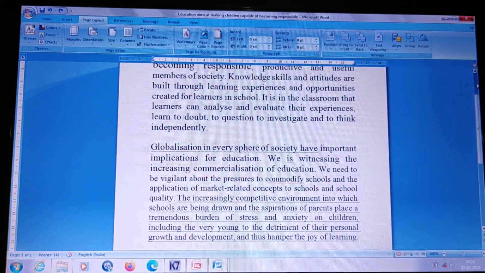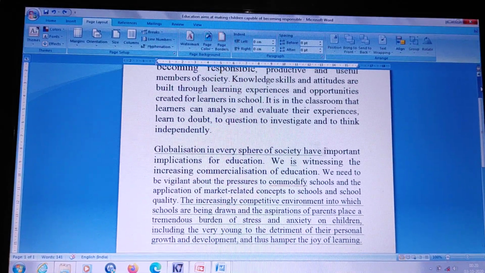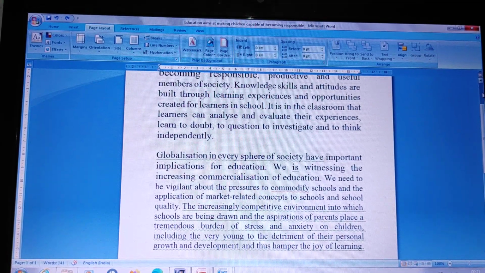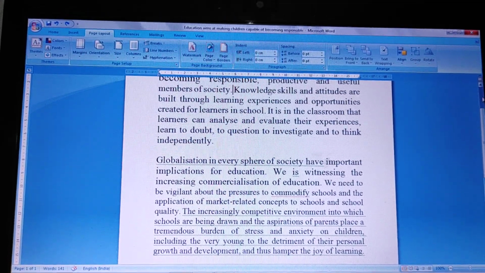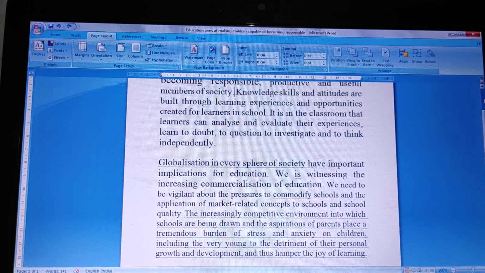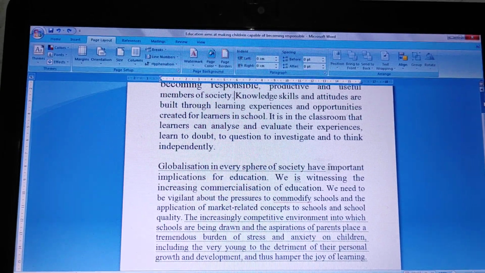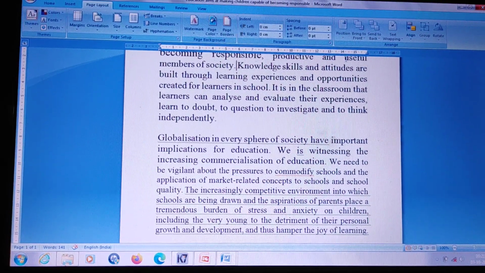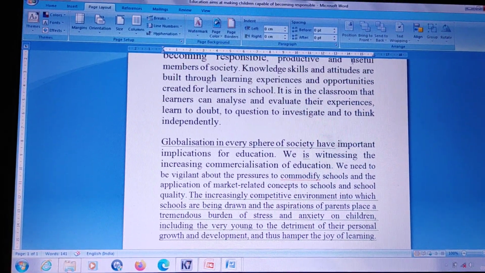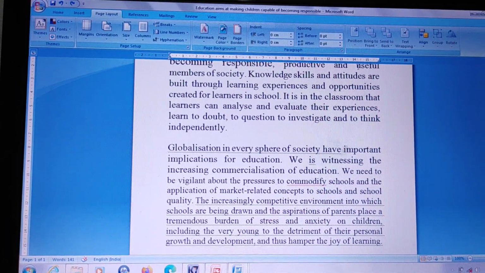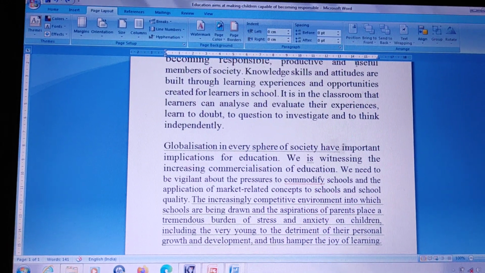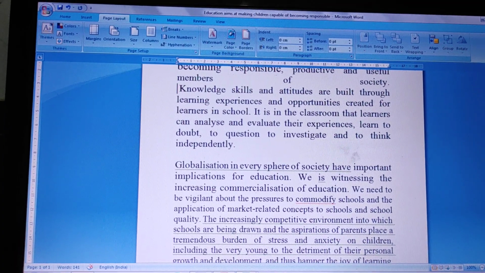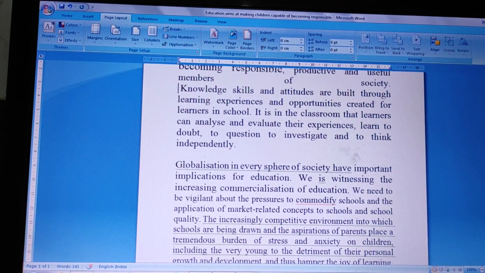Now the next is line break. The line break ends your current line and lets you continue the text on another line. And generally we press the Enter key on the keyboard in order to start writing from the next paragraph. Now the steps are, click anywhere in the paragraph where you want the line break. The insertion point will appear. Press Shift plus Enter. Now Word will end the current line and continue the text from the next line.